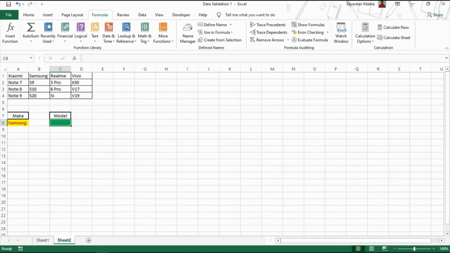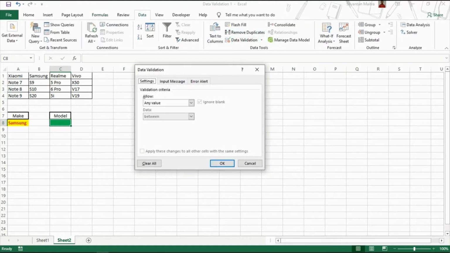Our next step will be to go into that green cell and go to data validation, and again select the list option here. Now in the source box we will use a formula, and we will use the INDIRECT formula. So what does this INDIRECT formula do? This INDIRECT formula is basically used for getting a result based on a cell. That means this function will make our drop down menu dependent. That means whatever figure we put in this cell, A8, then in cell C8 we will be able to get the results.